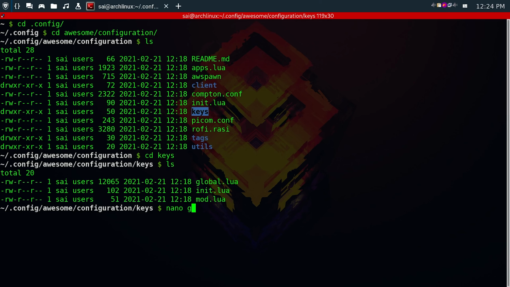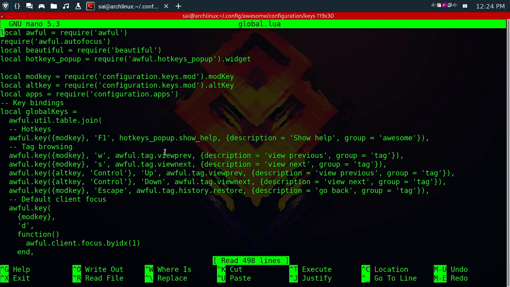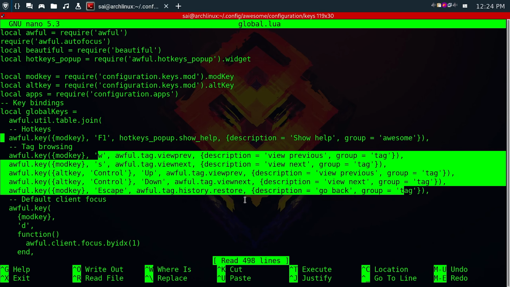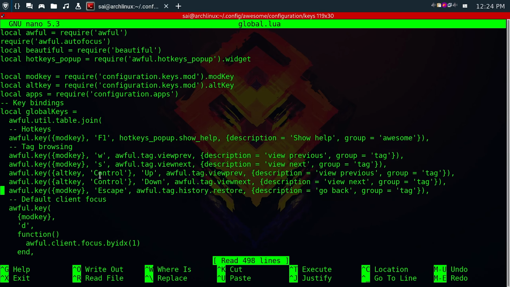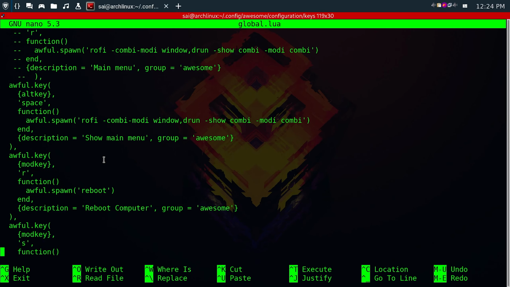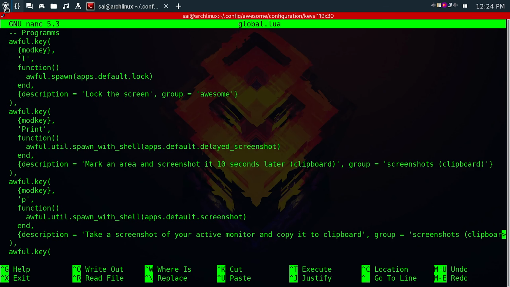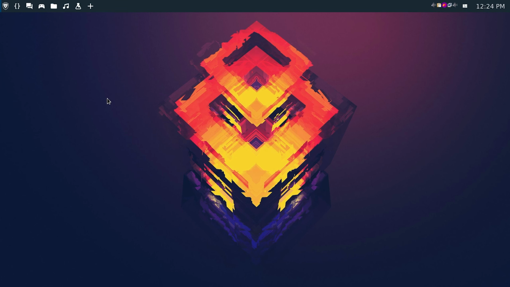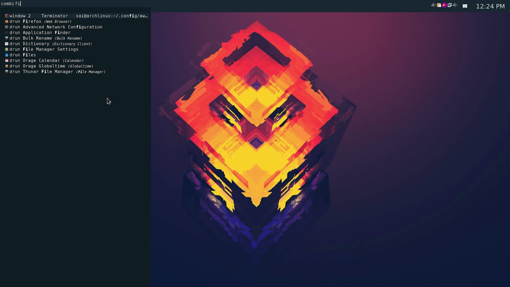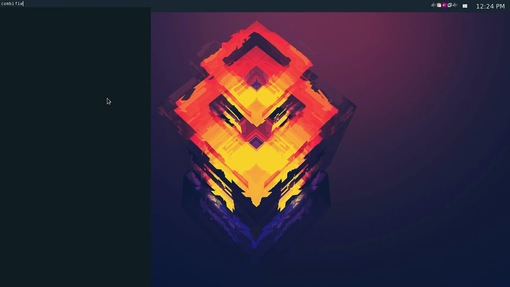Use nano, and this is the file global. Open it with nano, and here you can see the shortcuts. You can change whatever you like. First of all, let me open the browser also. This is the Rofi theme.